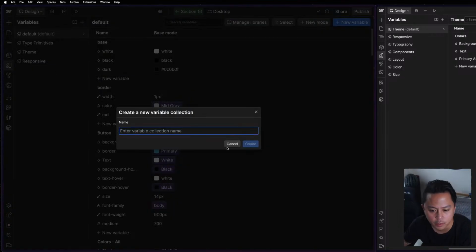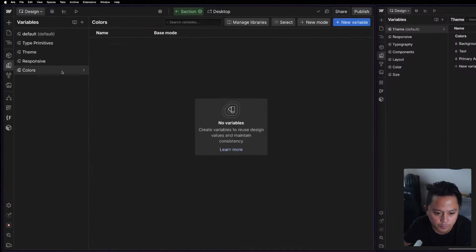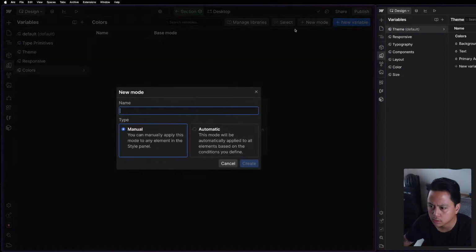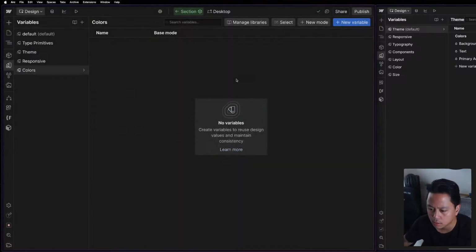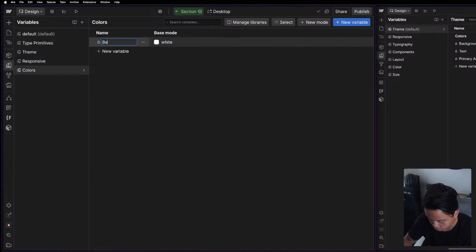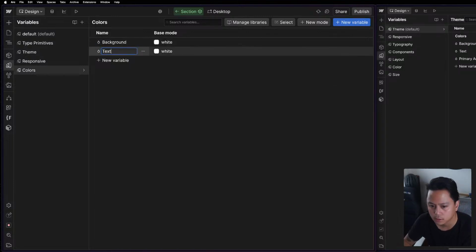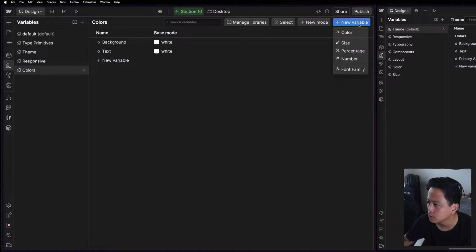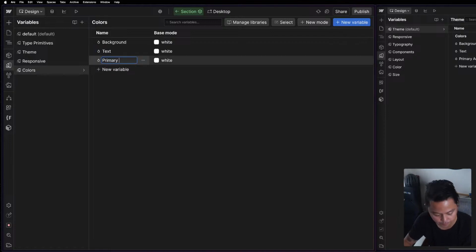And also, I just realized I don't have colors. I'm gonna spin up a new collection just called colors. And I'm gonna drop in the variables in here. So I will need base, gonna need, oh, let me add the actual items first, or the elements. Background, text, and then we'll do primary accent. I don't think there's a need for a secondary, but